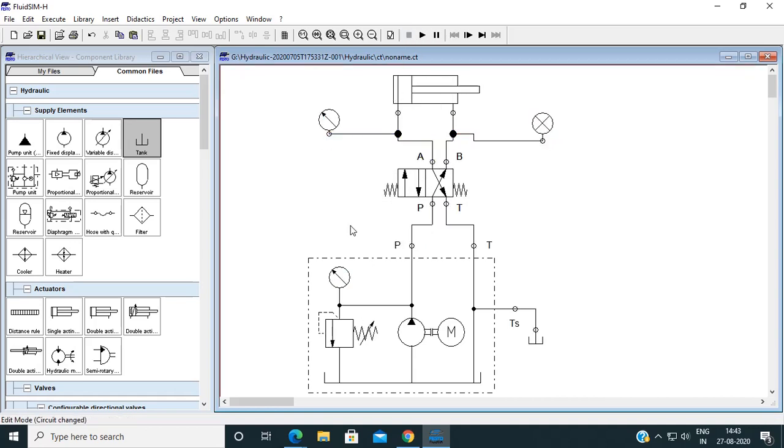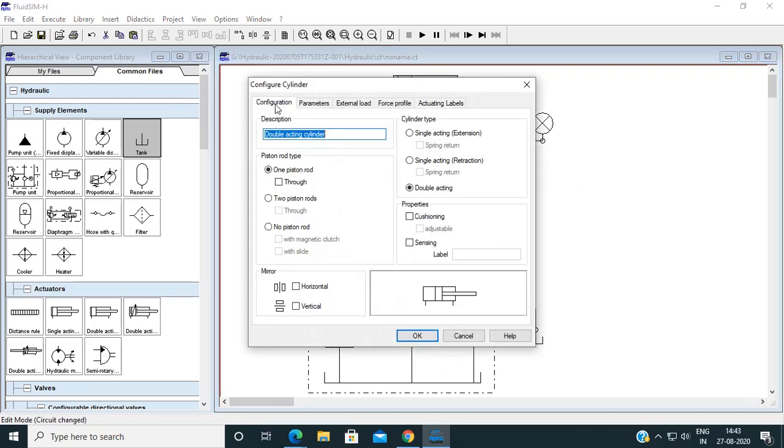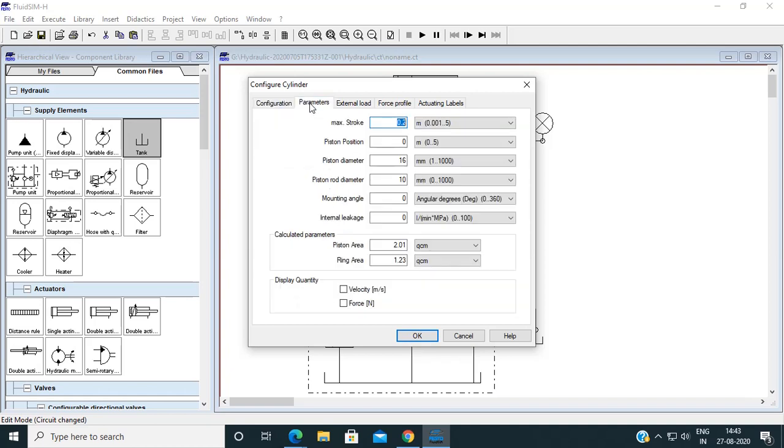Okay, now we will take some readings. So I will change the load on the actuator. For configuration I want cushioning adjustable. Then for parameters I want this to be 20 and this to be 12. Maximum stroke I want 0.3. Velocity and force I want to show.